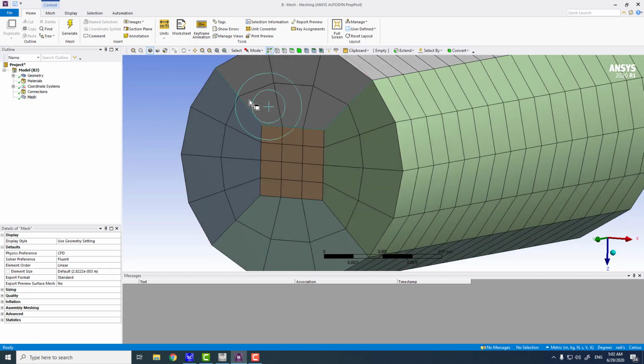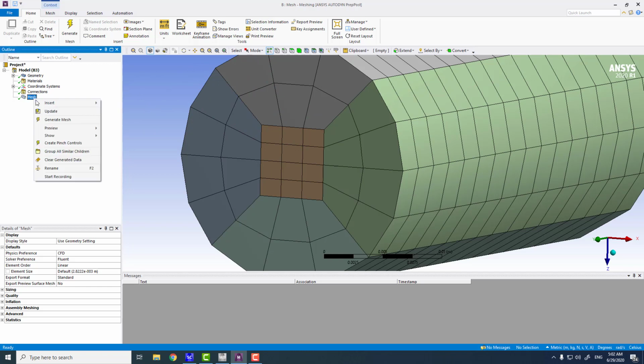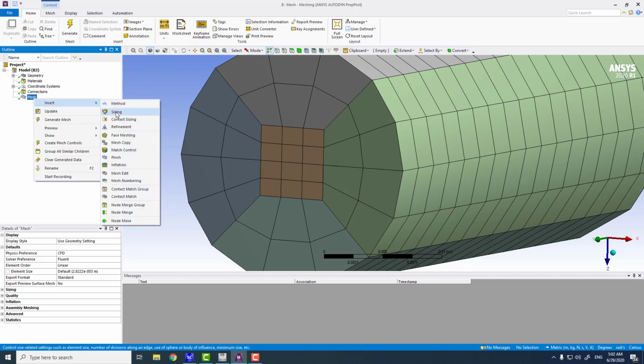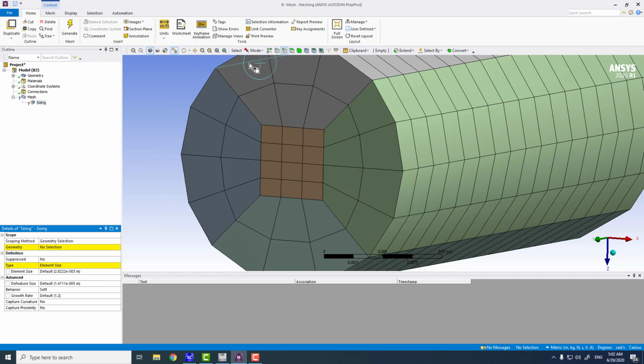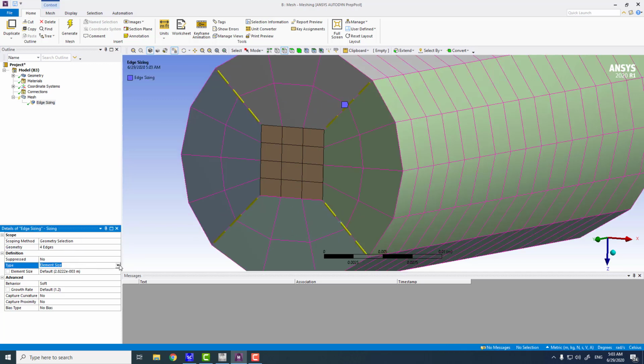And if you want to refine the mesh, you can apply the edge sizing from right click here, Sizing, and just select the edges. This will set the size on the edges, so you can refine the mesh along these sides. And let's say you want to create the number of divisions, so let's say it's 10, and then click on generate.